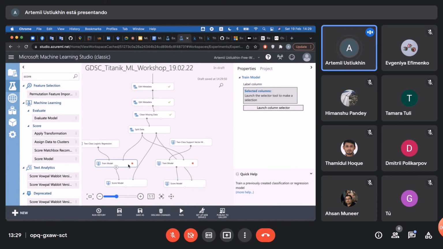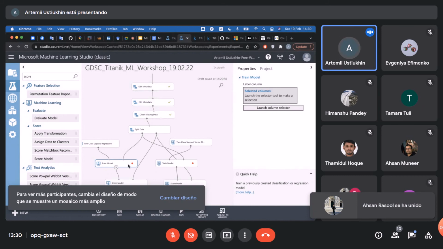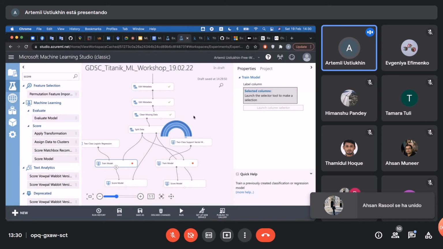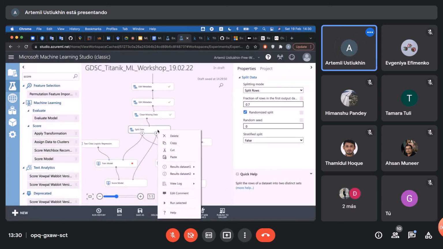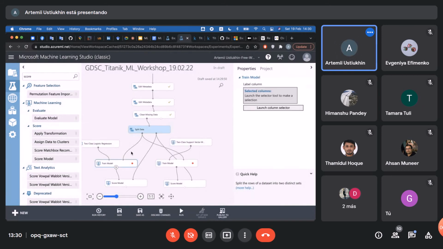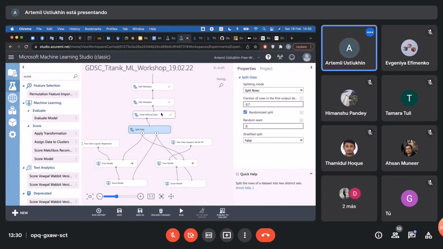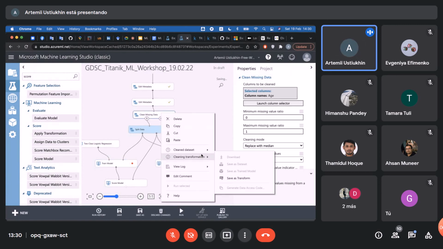So our train model has to understand which value it should base on as the result. We have to specify an outcome value, so we have to choose this column. Okay, it is not available at the moment because we haven't run this block before. Okay, doesn't matter. We could see at our data set,